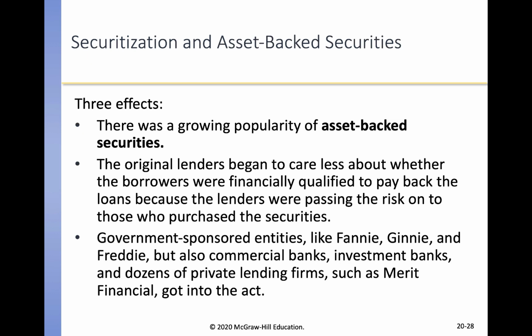Okay, well, what do you think happened? If I am a bank and I make money on my mortgage slowly over time by collecting on those payments, I care whether or not my borrower can actually qualify for that loan or make the payments. That's easy to see. But what if I'm going to make my money right after I make the mortgage up front by selling the mortgage? I care much less whether or not my borrower can make the payments. All I care about is getting them initially qualified for the loan and then selling off that loan.